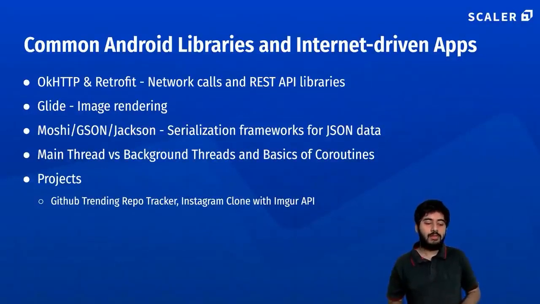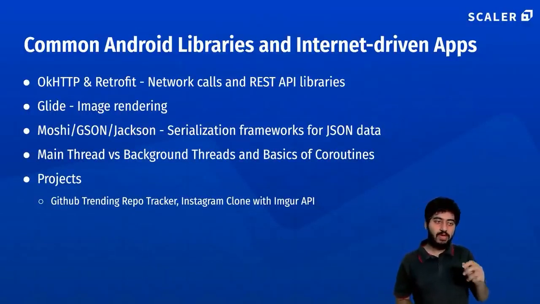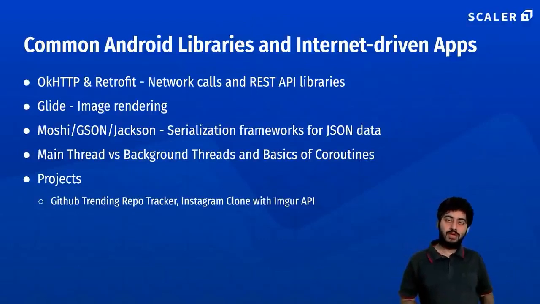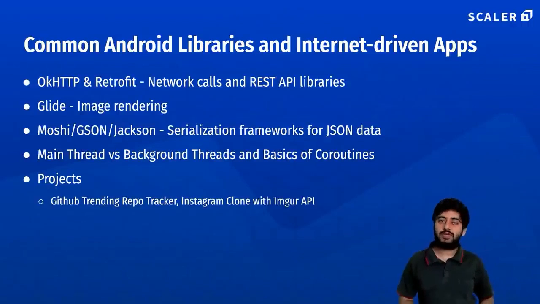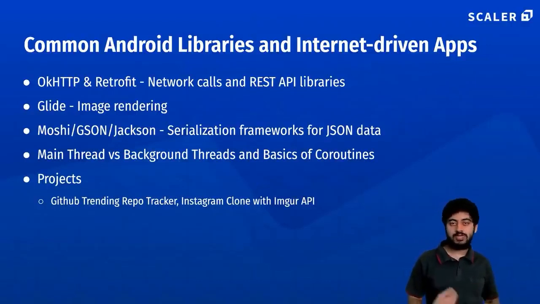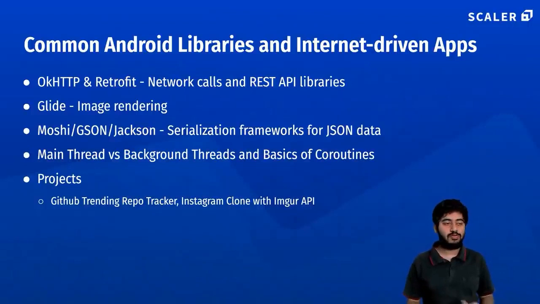After you have learned these things, you can probably build something like, there is GitHub's API, using which you can make an app which tracks the trending repositories on GitHub today. Or you can use Imgur, which is a photo sharing website, use the API of Imgur and create a clone of Instagram using that data. So these kinds of apps you can start making. And these apps now start looking like projects which you can actually put up on the Play Store for fun. These are fun apps, or some people might even download and use them.